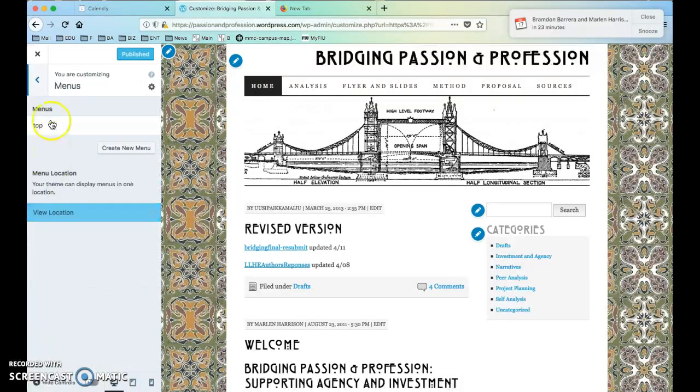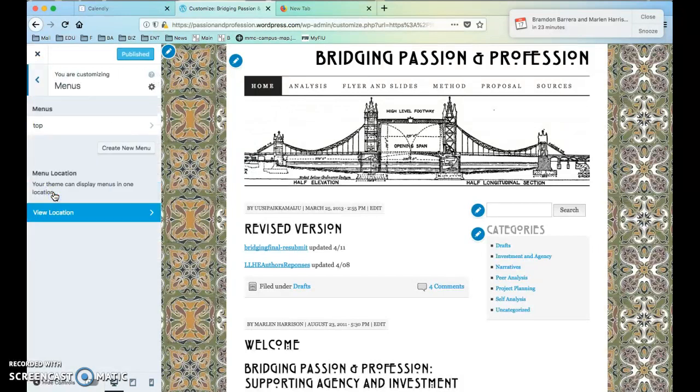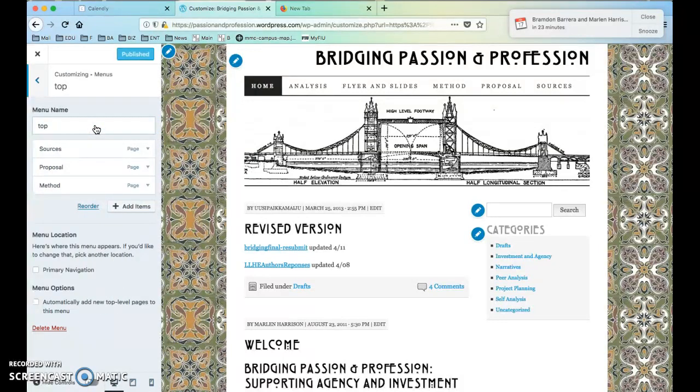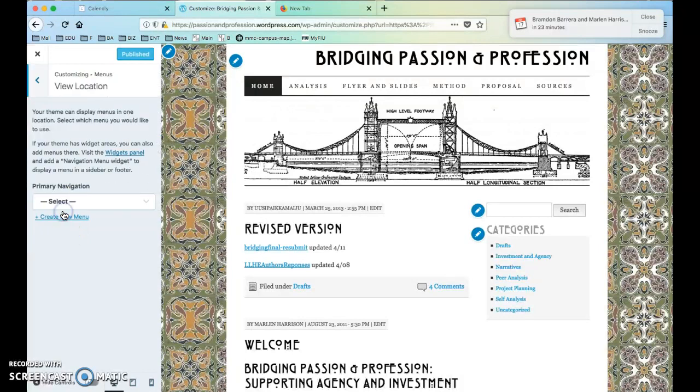Here's the most important one, menus, okay? So again, menus. This blog is a bit old, so there's only one menu. You'll see a list of menus, maybe one or two, but you'll see some text that says primary menu, or your blog is currently set to this menu. Click on the menu, and then you'll see what is currently listed. So let's see, that's not the one. View menu, view location,